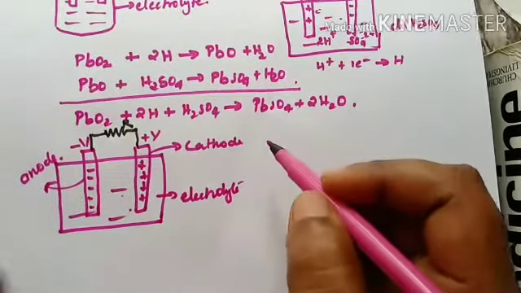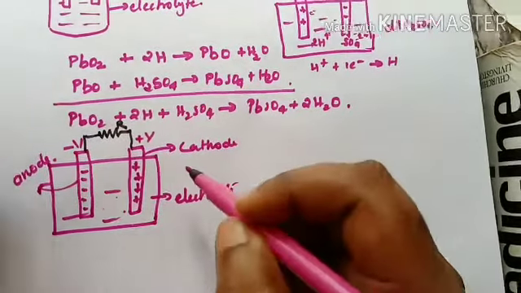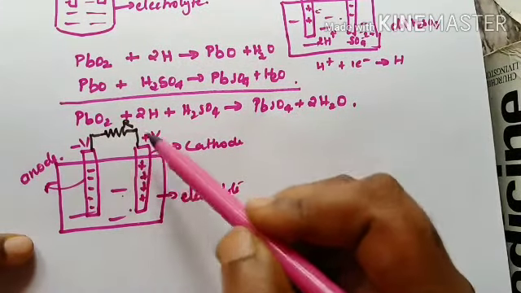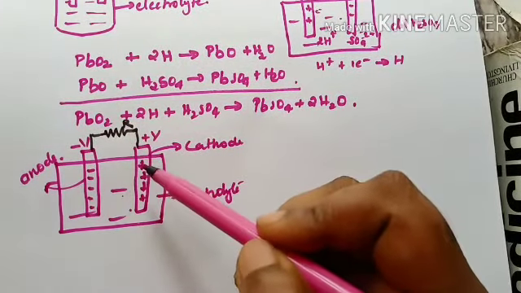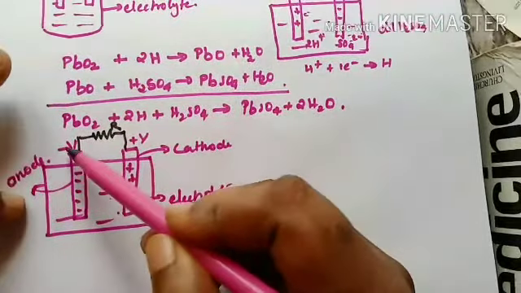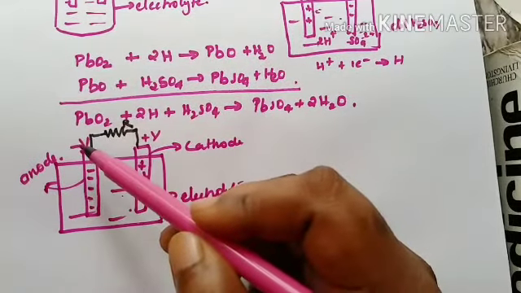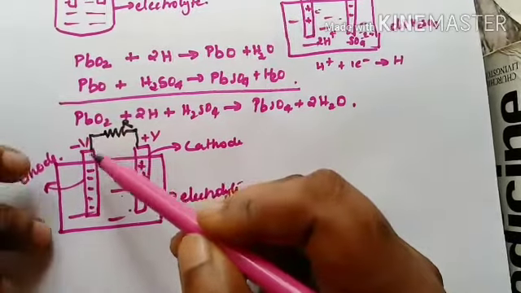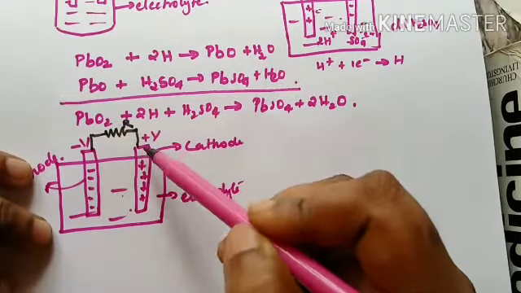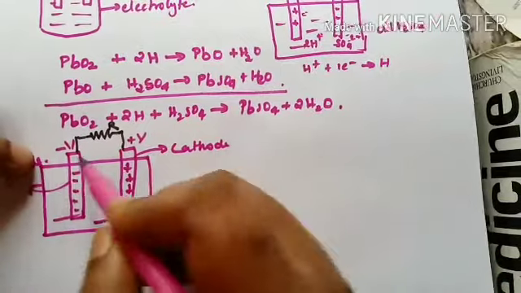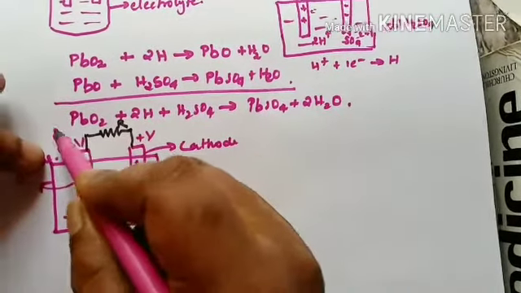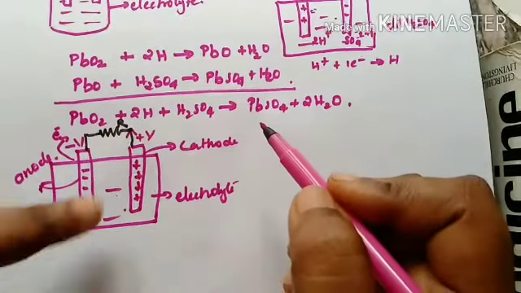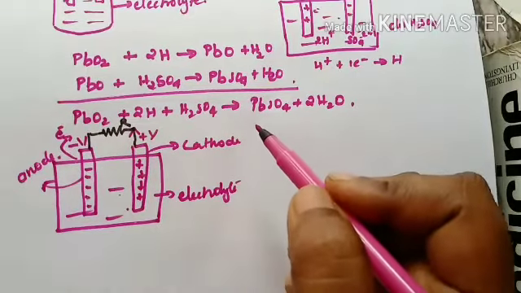So what is happening? The electrons are moving from anode through the resistance R to cathode. That is what normally happens. Electrons are going to move. This is negative, having many more electrons, much more negative potential. That means electrons will move from anode through R to cathode. Hence, there will be a current flow. If electrons are moving in this direction, the current will be in the opposite direction.